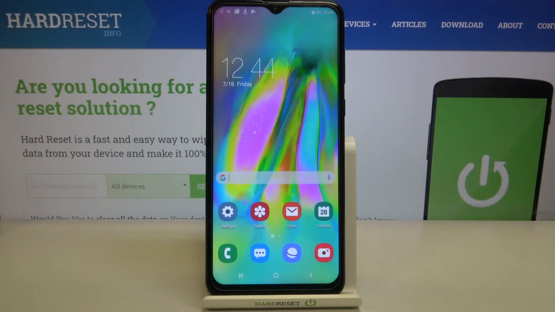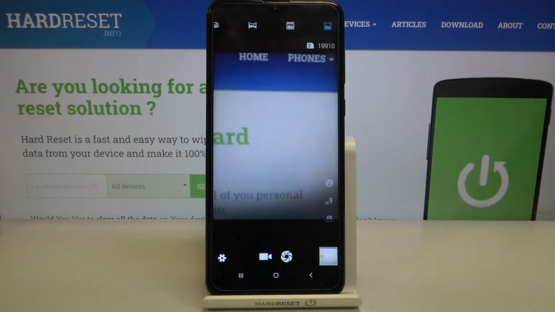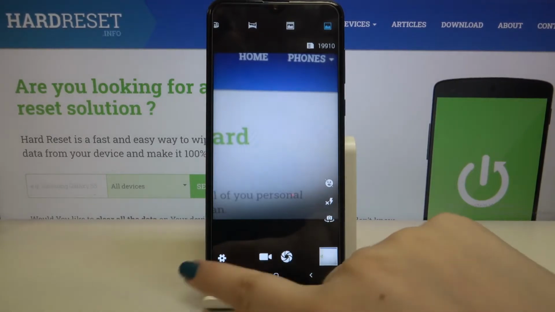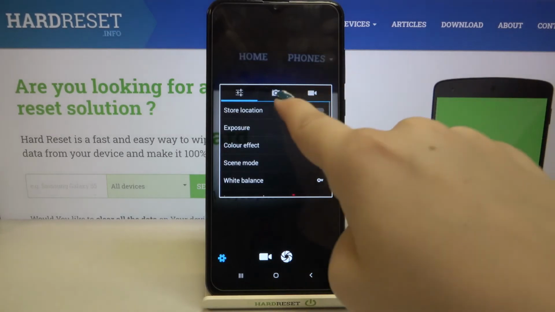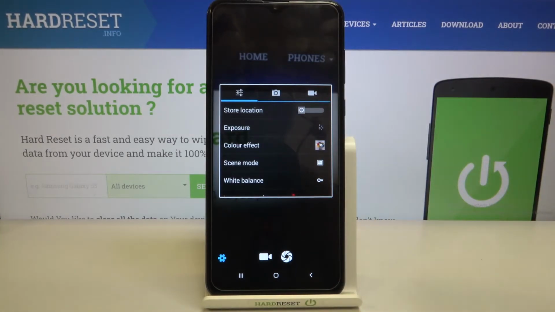timer on this device. So first of all, let's enter the camera app and now we can enter the settings which are in the left corner. So let's tap on it. Now let's tap on this camera icon right in the middle. It will open the photo mode settings, and as you can see on the third position we've got self timer,